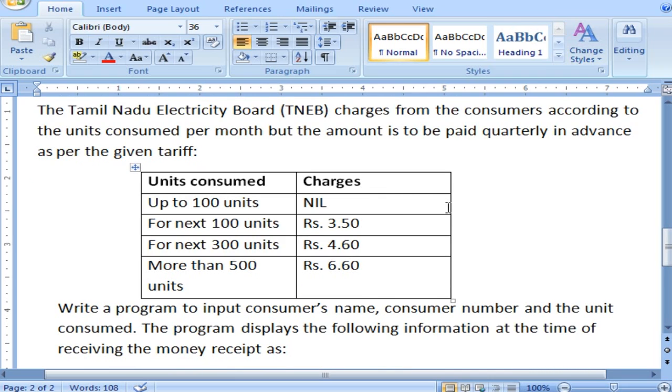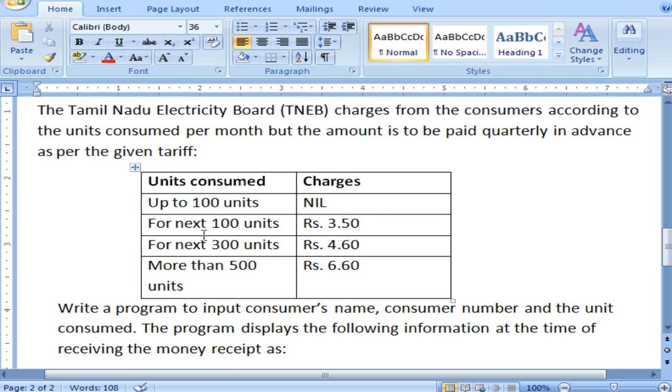So this is the tariff given. If the units consumed is up to 100, that means lesser than or equal to 100, then the charge is nil. For the next 100 units, it is 3.50, that means 100 to 200.